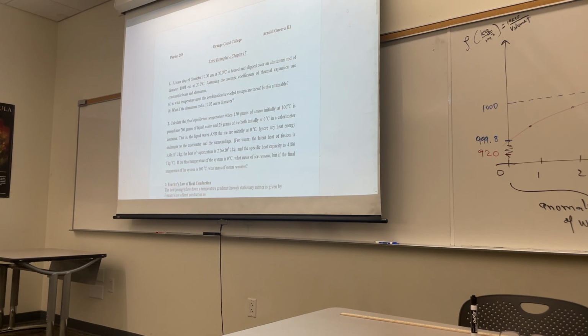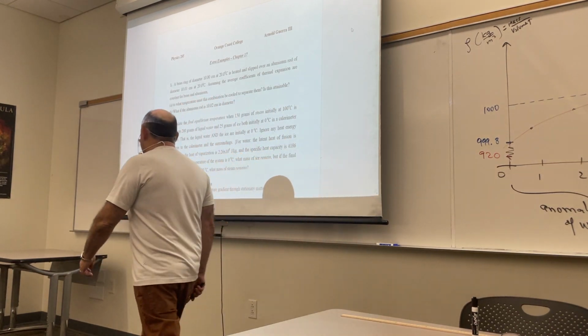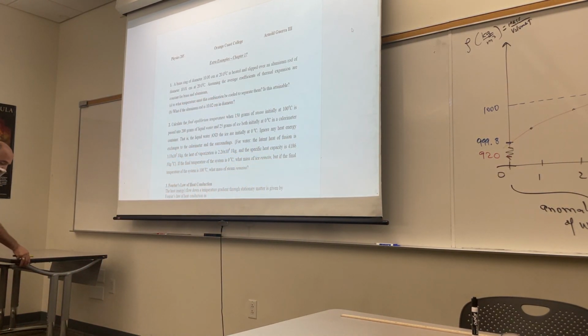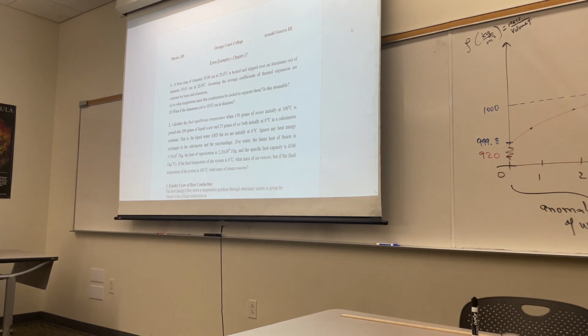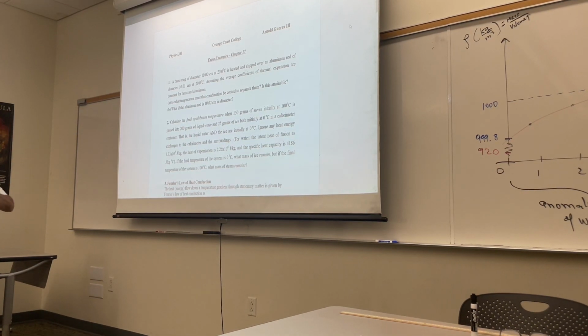But I want you to see the sort of problem that we want to learn how to address, how to solve. So it says, let me just tell you what it is. Calculate the final equilibrium temperature. Equilibrium temperature, that's when you have thermal equilibrium, that's when everything has the same temperature. Final temperature. When 150 grams of steam, that's water that boiled,